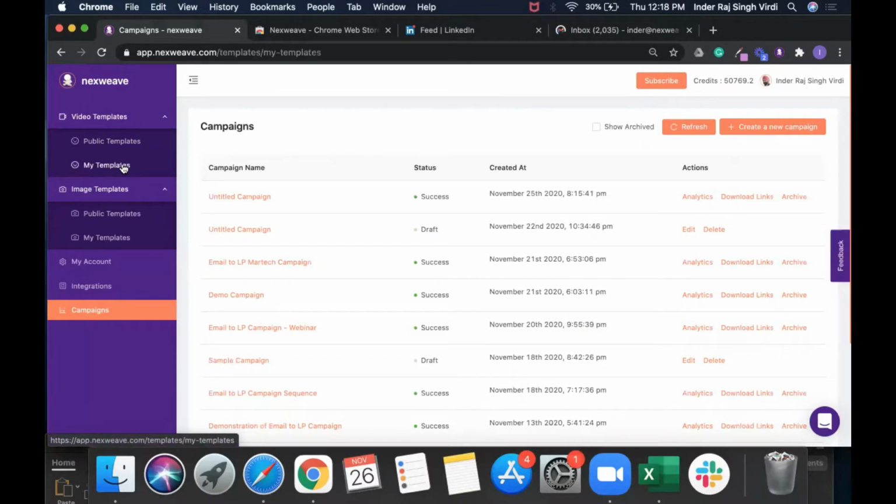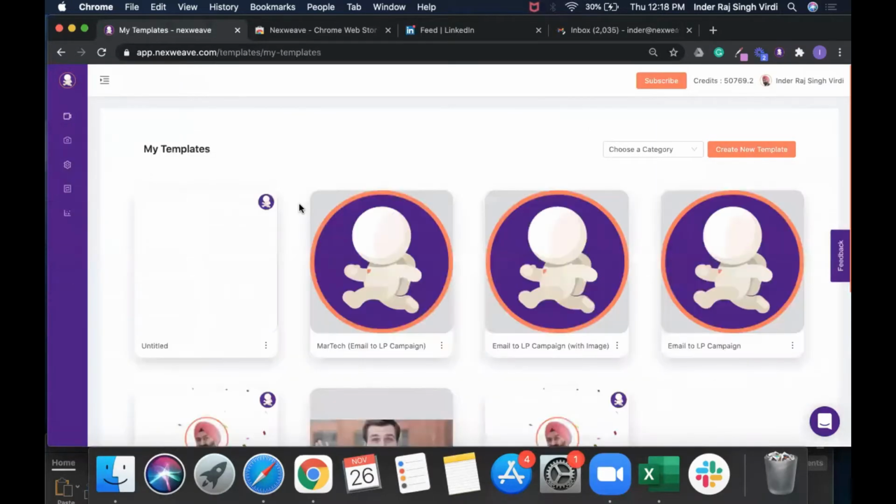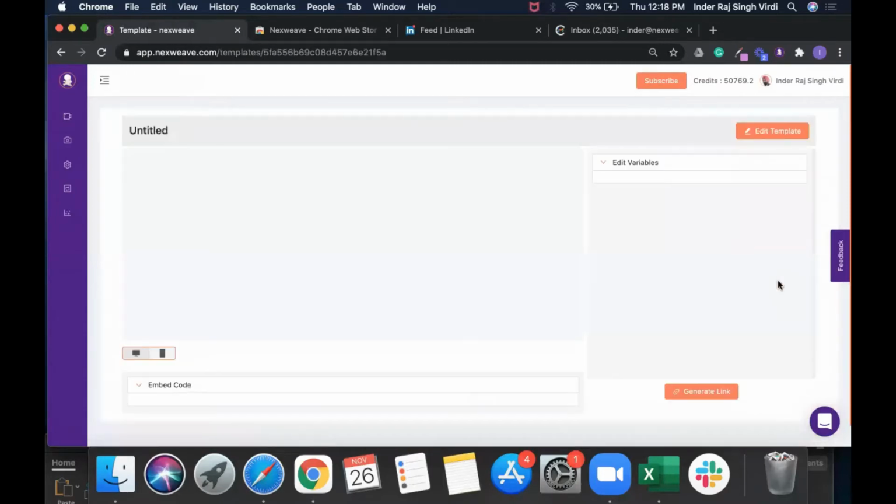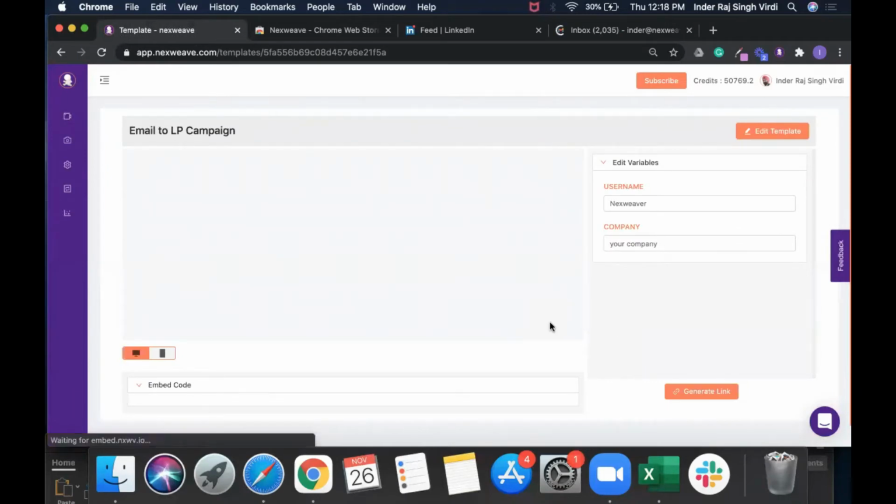Now, if I go to my templates, for this demonstration, I'm going to use this particular campaign. And this particular template includes two variables, which is username and company name.